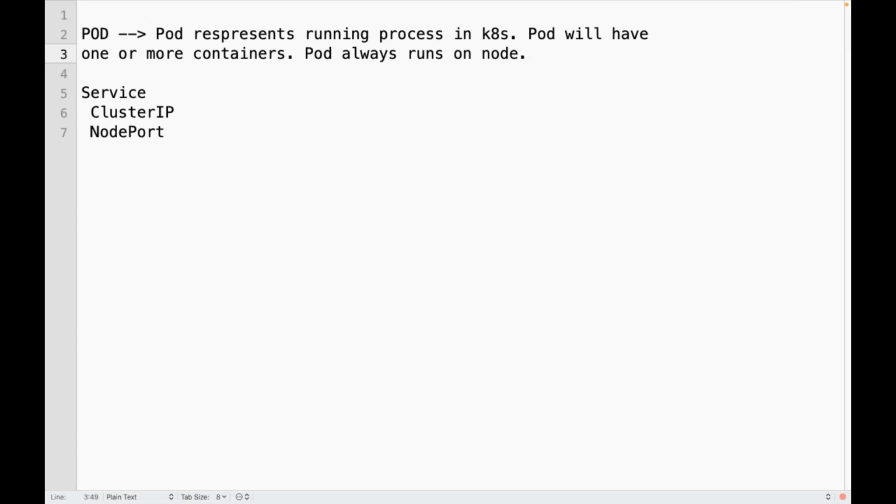Now, if I have multiple containers in that pod, will all those containers be co-located on the same node in which that pod is scheduled? Will all the containers of that pod be running on that same node? Yes. As I already discussed, how can one container communicate with another container if they are in the same pod? Let's say there are two containers, just to give an example. They can communicate with each other using localhost and port.